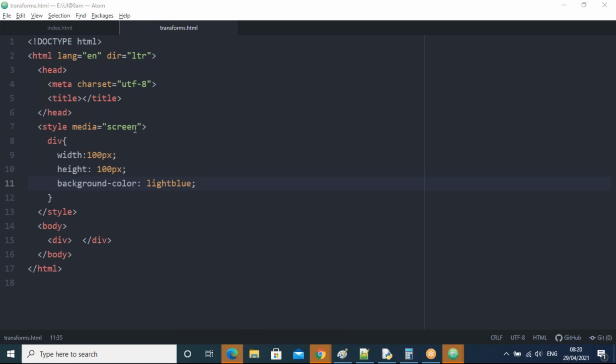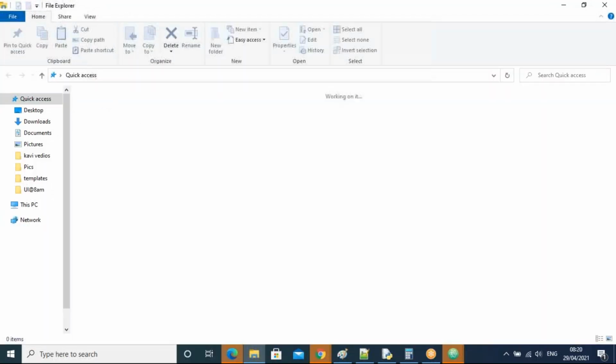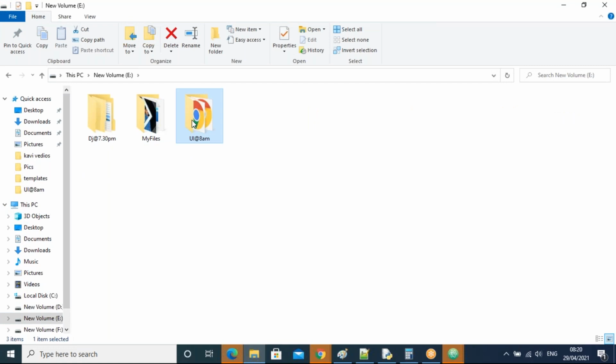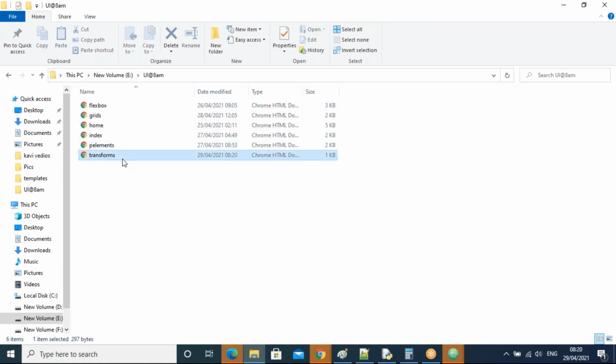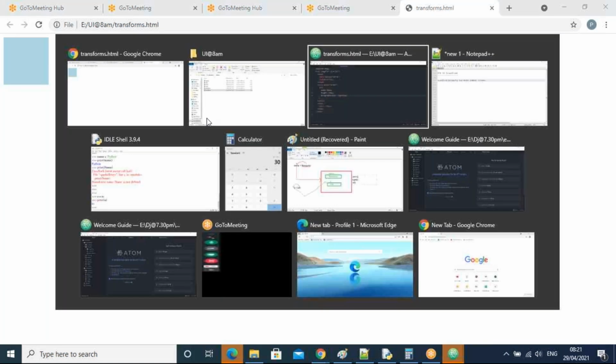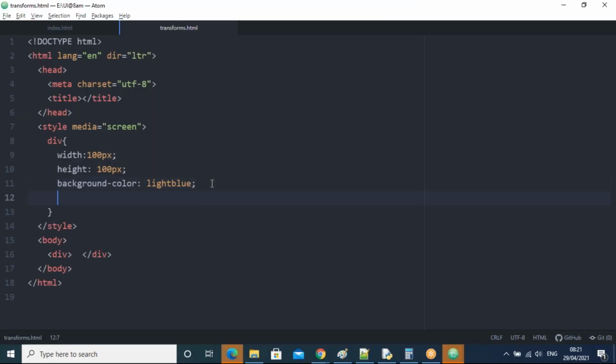I'm just taking one empty box. That's why I'm taking a division, and I gave that height and width, guys. Where is that one? Transforms, right? Yes. Now all of you guys can observe here what I am doing. We are taking one kind of box, an empty division. For the division, I gave some height and width. For the same one, I'll take some margin also, guys.